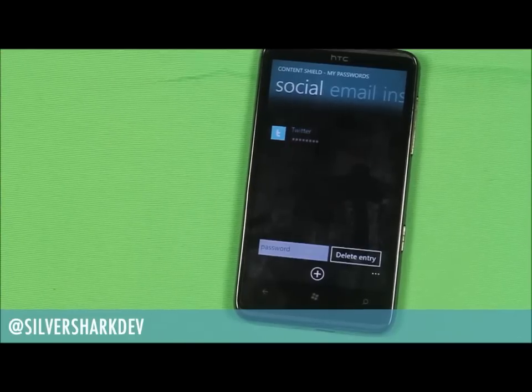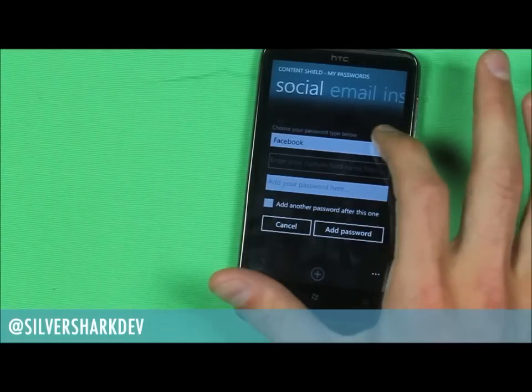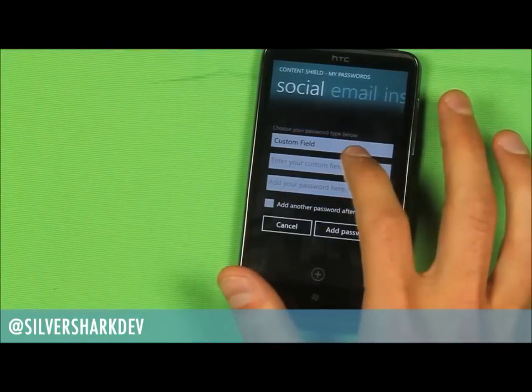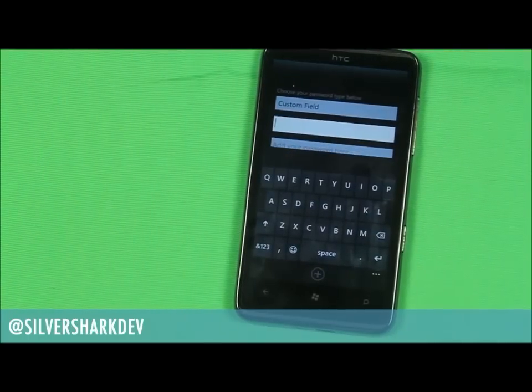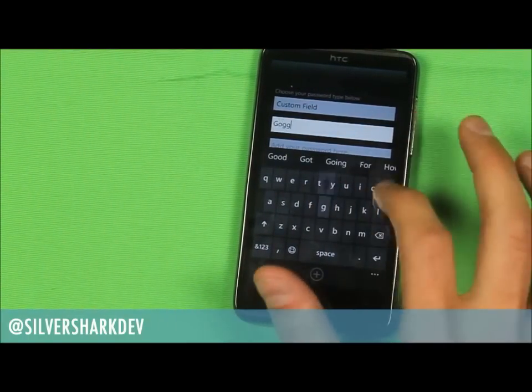Right, I'll add another password into here. We'll leave this entry for now and I'll show you how to add a custom password. If you click onto custom field, then here you'll see you can add a title for your custom field there. For the title I'll put in Google Plus,